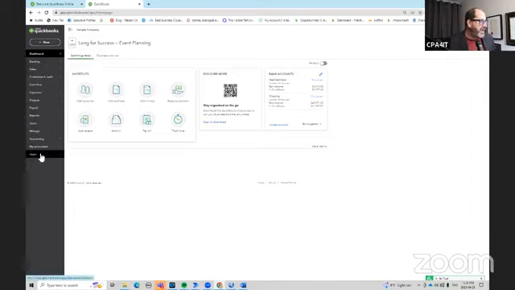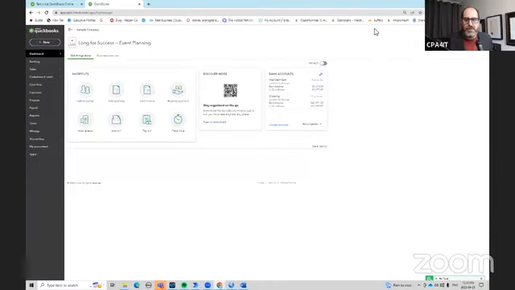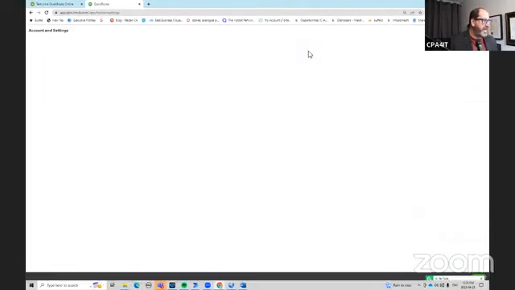You've got your left-hand navigation. You also have some icons up in the top right-hand corner. Your gear icon is arguably the most important icon that you're going to need, and that's got access to a whole bunch of different features that you can use. Now, as a service-based professional, we're probably going to be only using a fraction of what the power of QuickBooks Online can do. But there are some really important things that need to be done when setting up your QuickBooks Online account. So one of the first things you're going to do is probably want to go to your gear icon, go to your account settings,